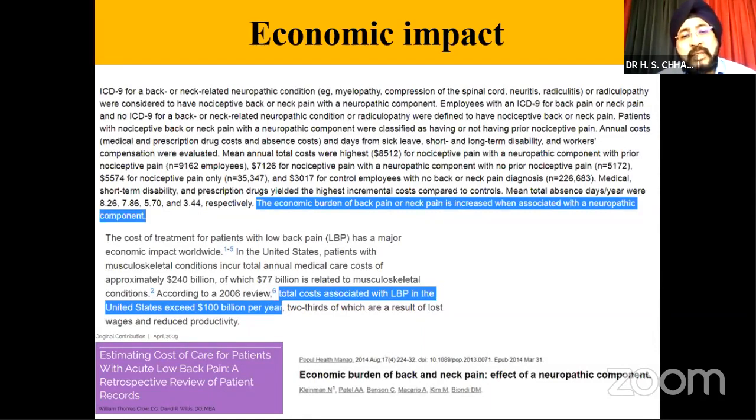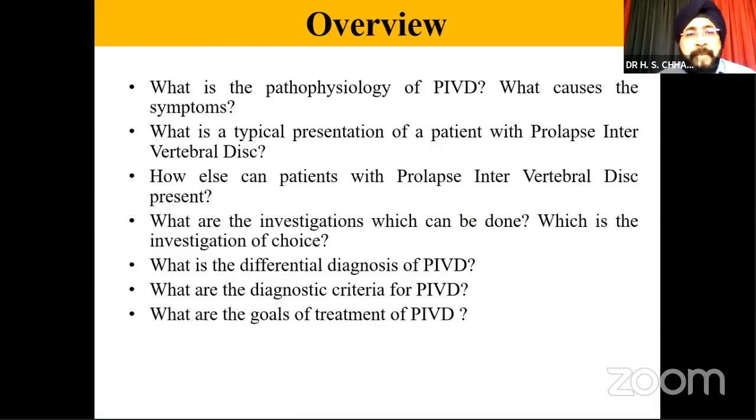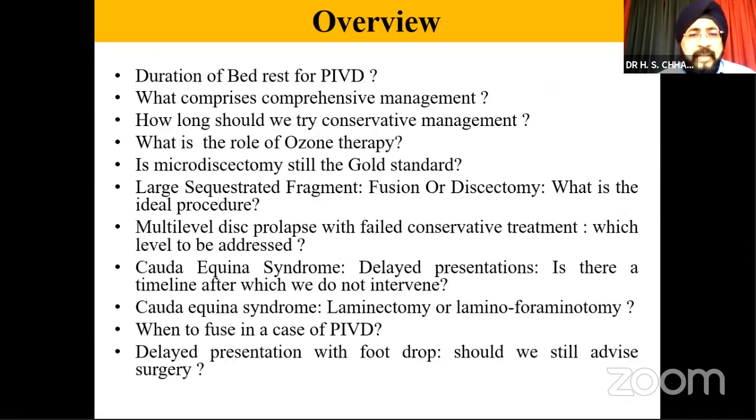The total cost associated with low back pain in the United States exceeds $100 billion per year, and the economic burden increases when it is associated with a neuropathic component. So we have a huge impact. Today we'll be discussing various aspects of prolapse intervertebral disc, whether it is the pathophysiology, presentation, investigations, differential diagnosis, diagnostic criteria, goals of treatment. But there are many questions which are still debated,